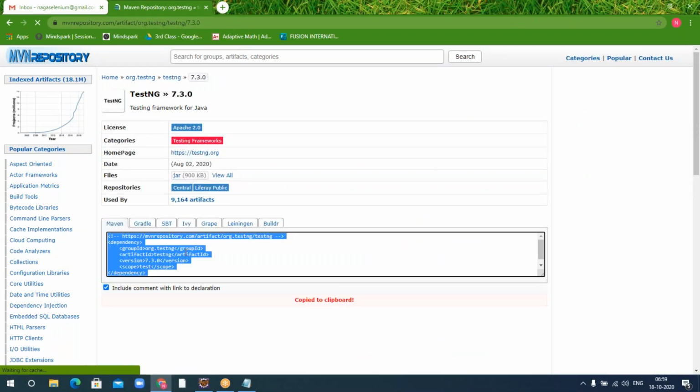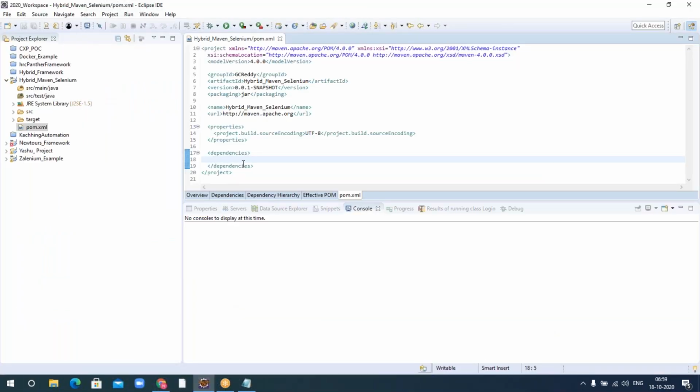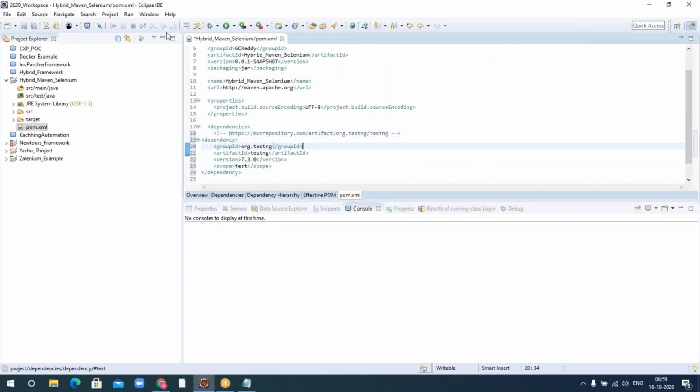I'll just copy this one and paste it under my dependency. Yeah, the moment I pasted, I'll also remove the scope. The scope thing is not required for me. Then the moment I save this, it will automatically try to download the jar files related to testing.